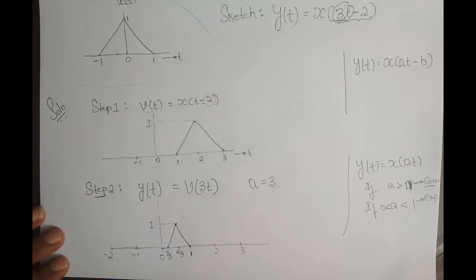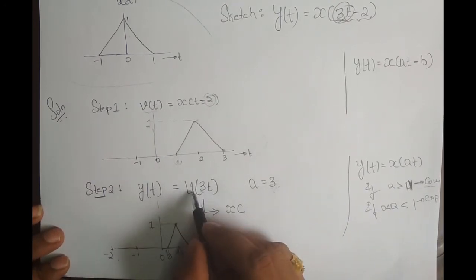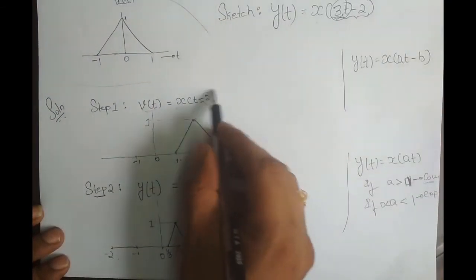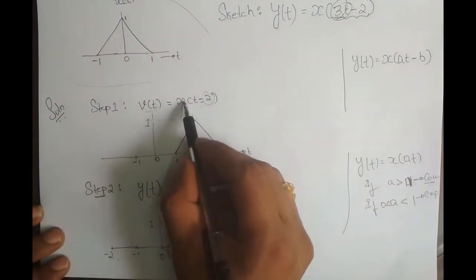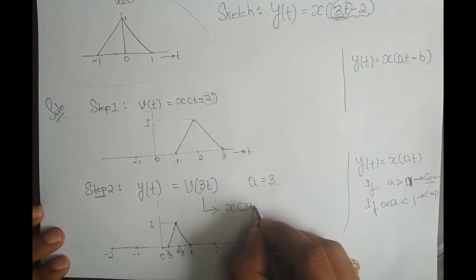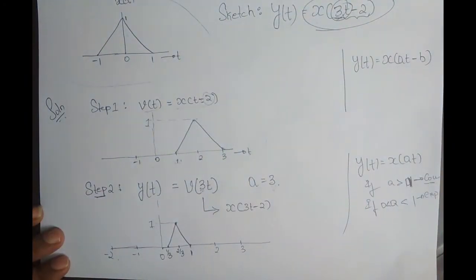Okay, so this is basically the signal x of t, so v of 3t, right? Now if I know v of t, what is v of 3t? In the right hand side of this equation, wherever t is there, I have to replace it by 3t, right? So I have x of t minus 2, so t has to be replaced by 3t minus 2, right? So this is what I wanted. I wanted to sketch x of 3t minus 2, so I ended up with x of 3t minus 2, which is this sketch. Okay.